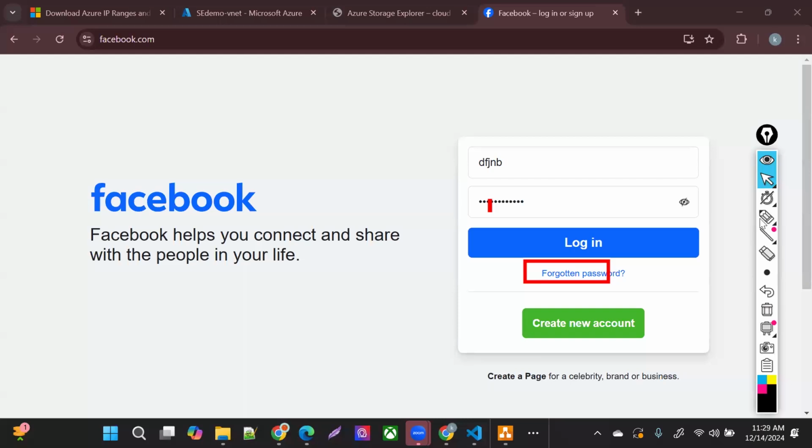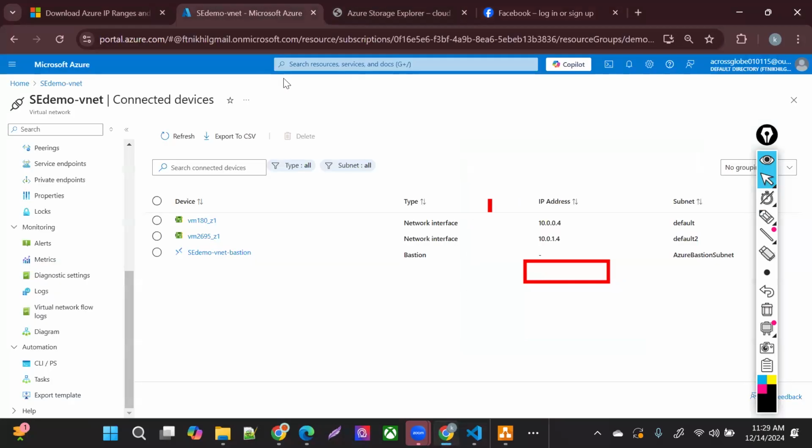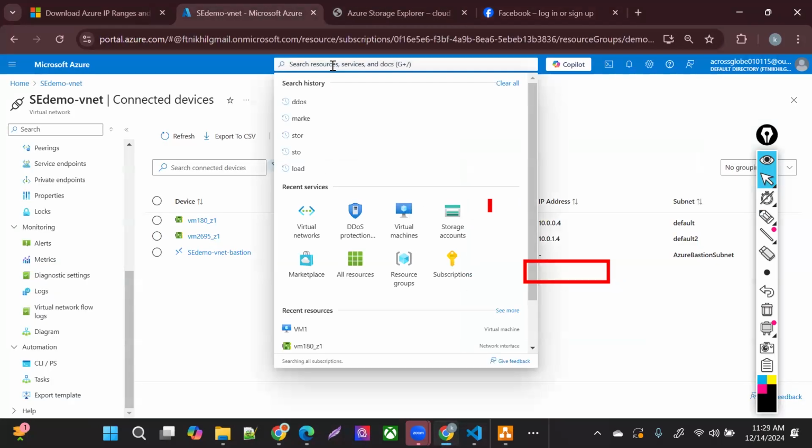I can integrate them with my Key Vault and tell them to take the secrets, the certificates, or the client secrets or passwords from that Key Vault. So it's a key management system, and again it's a PaaS-based service.